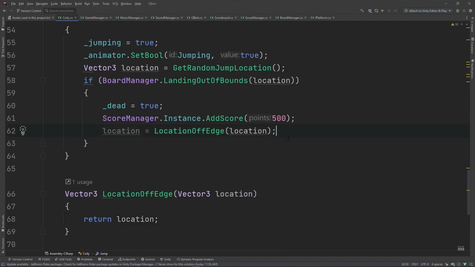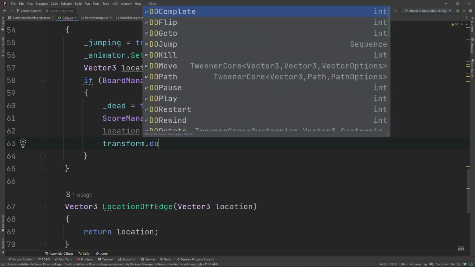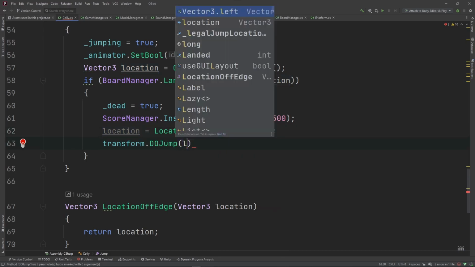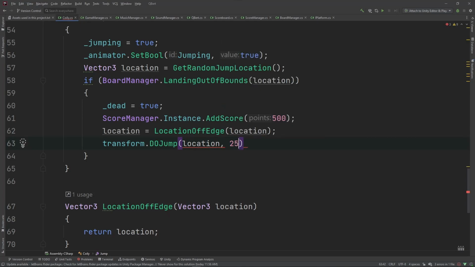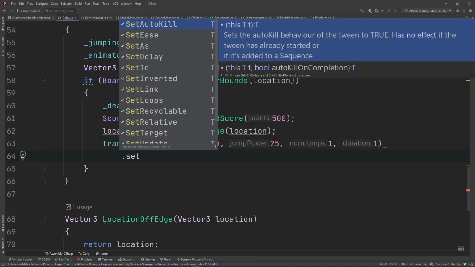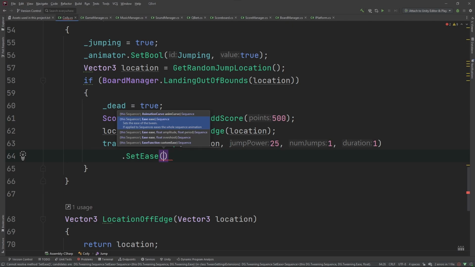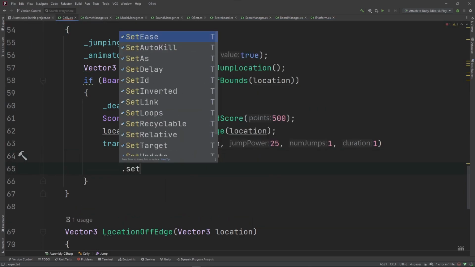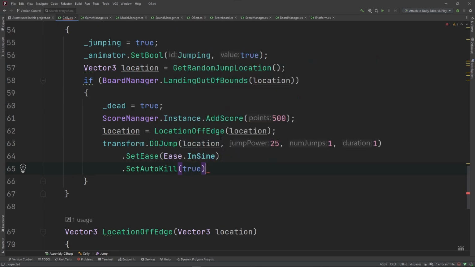So from there, we want to do our jump. So we're using the DOTween extension method, DOJump. We're going to jump to location with a jump power of 25, one time over a duration of 1 second. We're going to set our easing to be InSine. So we basically want to go into it and then keep going. We don't want to slow down while we're jumping. And we're going to set auto kill to be true. So the tween will be destroyed when it's done. We're going to want to invoke our Coily died event